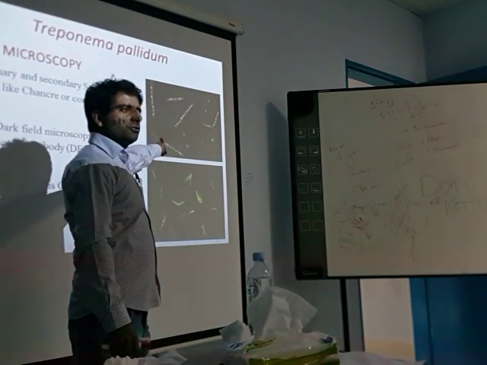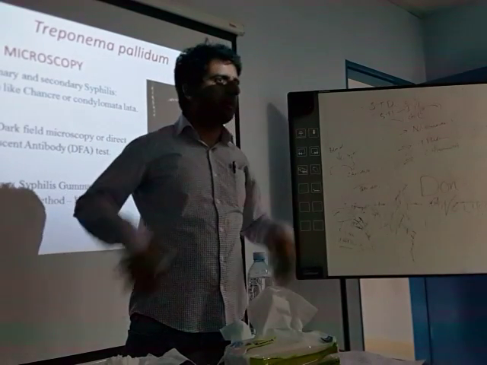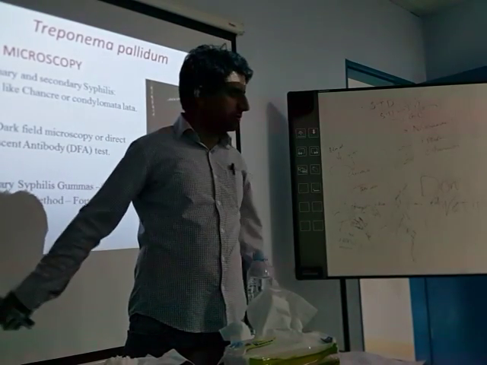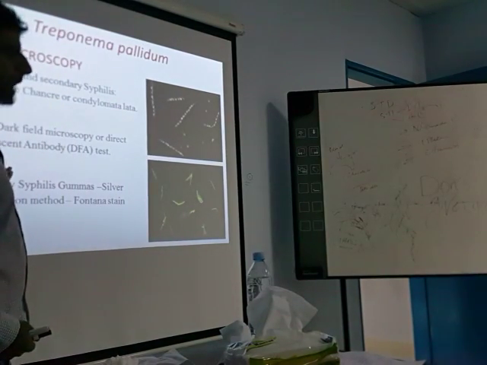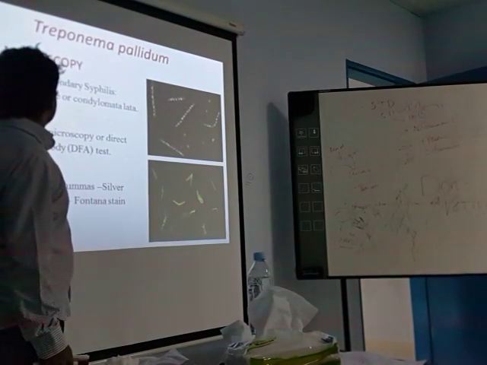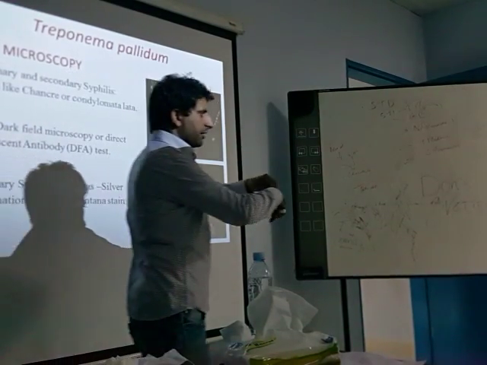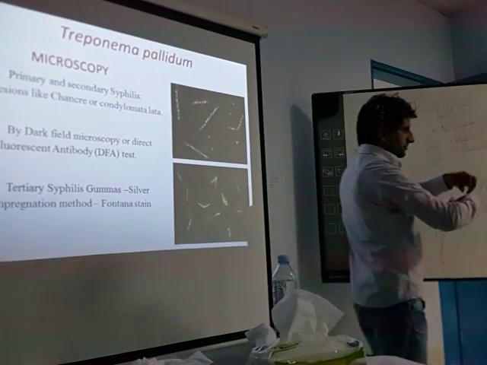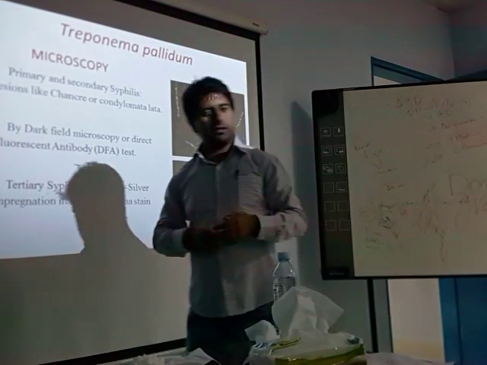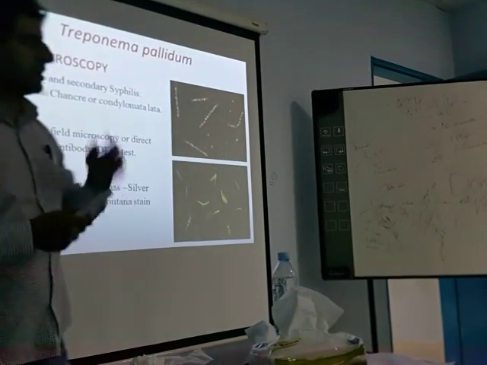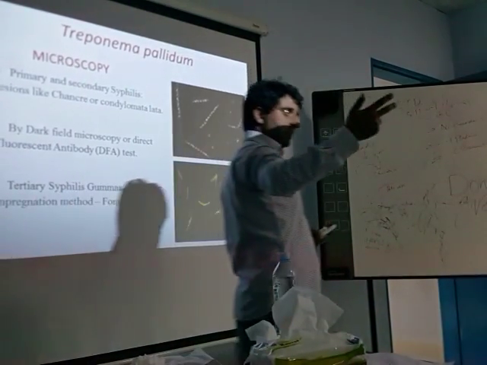If this picture comes in the exam, you will immediately write Treponema pallidum. It's a gram-negative bacteria, finish. Nothing more to write. The chancre is a painless growth, in any location, not only the genitals: in the skin, on the penis, on the lips, on the tongue. Because when the disease advances to the tertiary stage, the advanced disease, it can